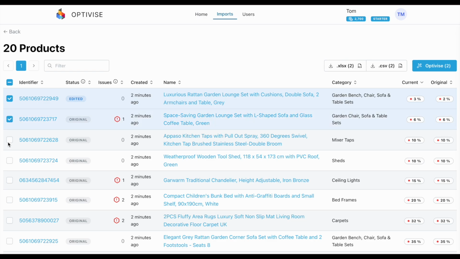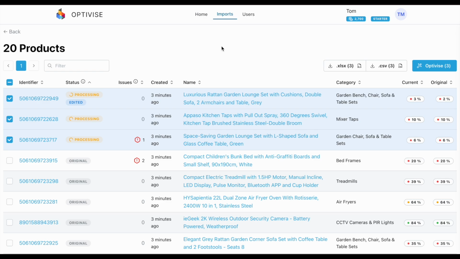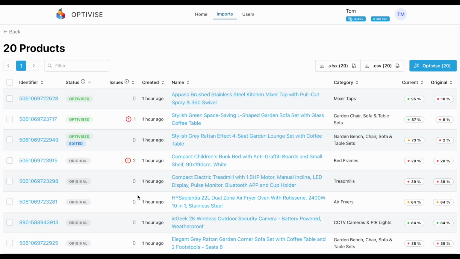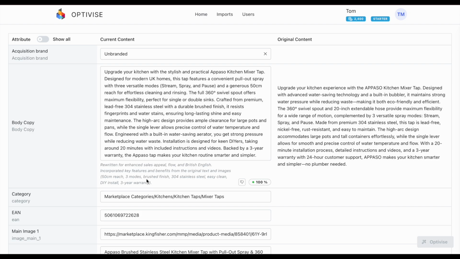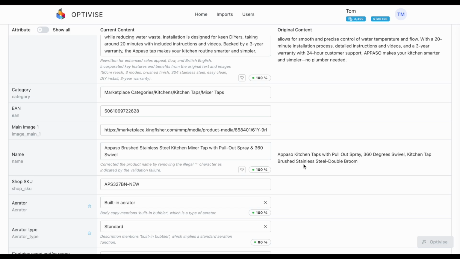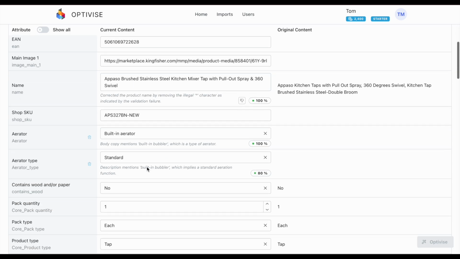If you want to fully optimize your products in seconds, just select the SKUs and click Optivise. In this example, we've optimized a kitchen tap, rewriting the title and descriptions and completing all facets which boost your score. Every change is explained, and we provide a confidence score out of 100 so you know exactly what's been